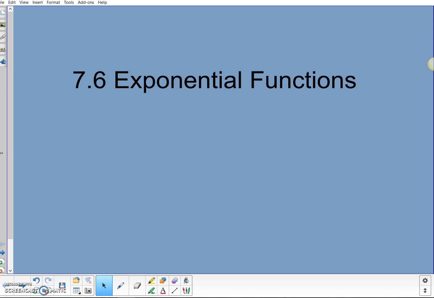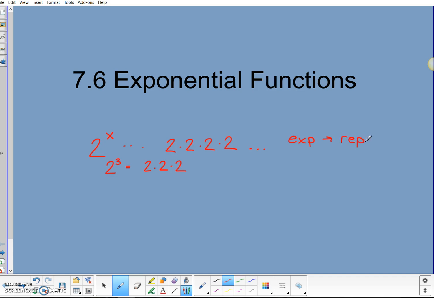Lesson 7.6, we'll put our work with exponents together now and use functions to graph and to solve equations. Remember that when we consider exponents and powers, 2 to the x power means that we are taking 2 and multiplying it repeatedly. Like 2 to the third means 2 times 2 times 2. So exponents show repeated